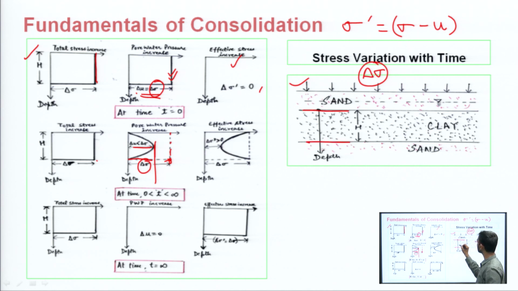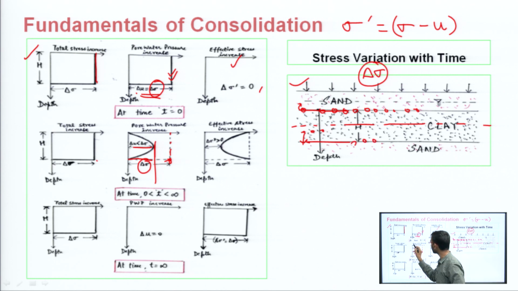So these are the boundary surfaces. Now let us say any molecule here at this layer, what happens here? At this layer, any molecule can just entirely move out instantaneously. But if we talk about this center, or let us say here also, it will take some time to move out. But at the drainage phase, at the boundary surfaces, the pore water pressure, at the next instant after t equal to 0, will be reducing, because the water at the boundary surface is moving out at that stage.